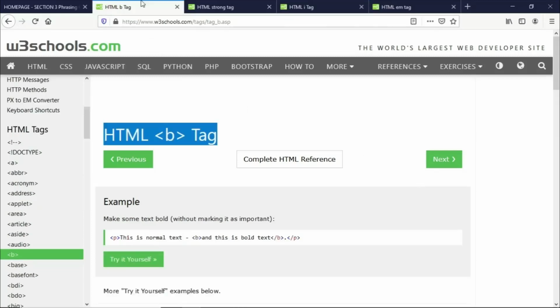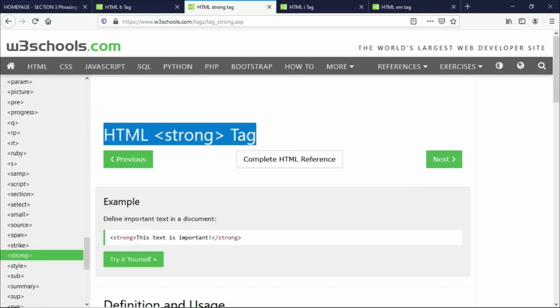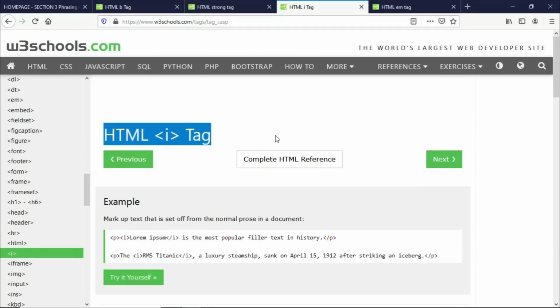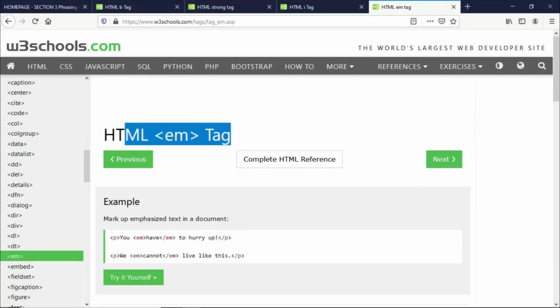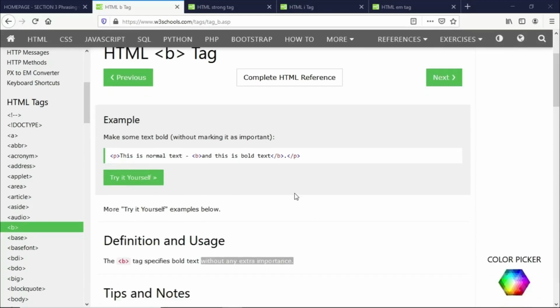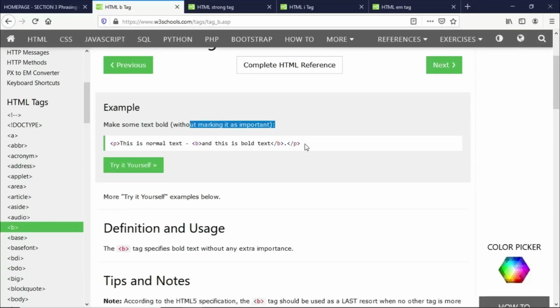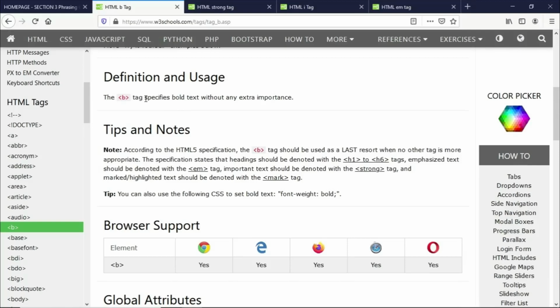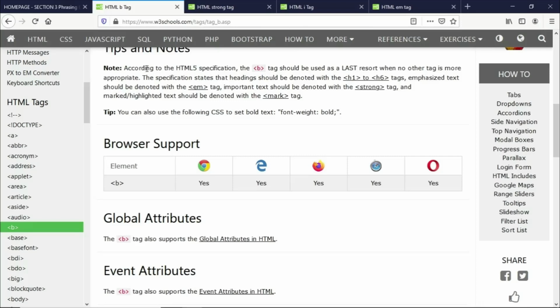Okay everyone, in this next lesson, I just want to discuss the difference between the B tag and the strong tag, and the I tag and the EM tag. We can see here that the B tag will be making some text bold without marking it as important, and that it specifies bold text without extra importance. And if we go through the specification of HTML5, it should be used as a last resort when no other